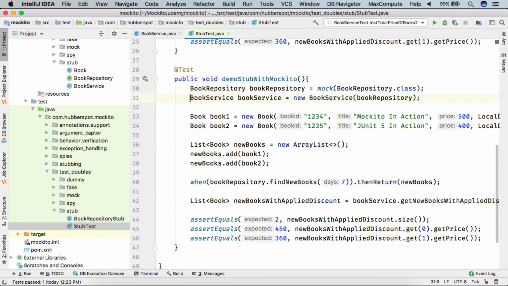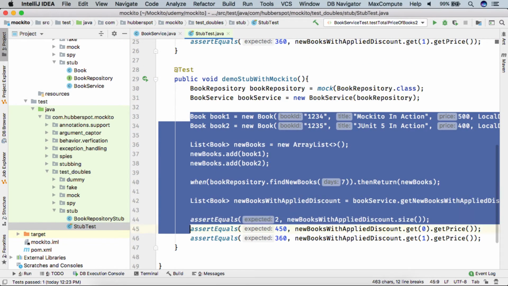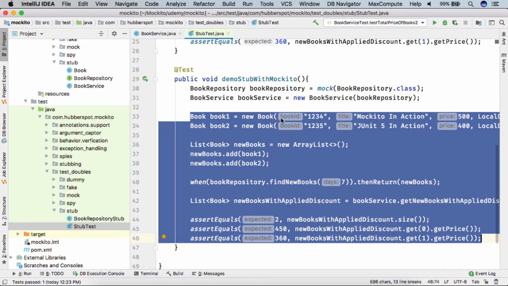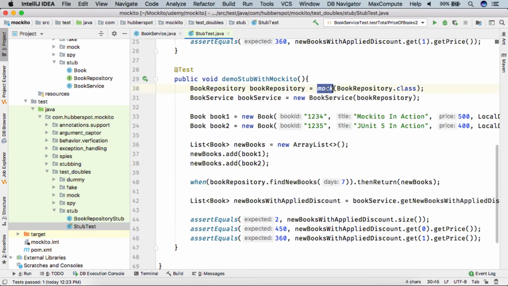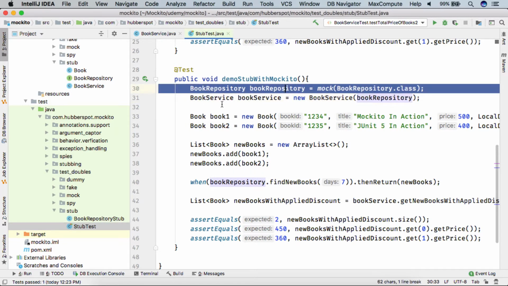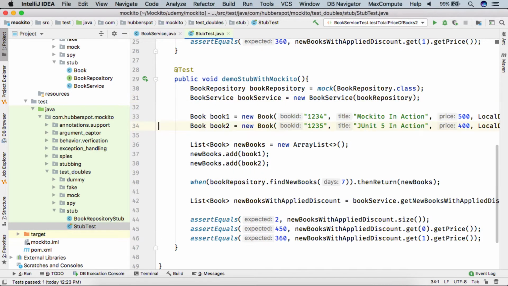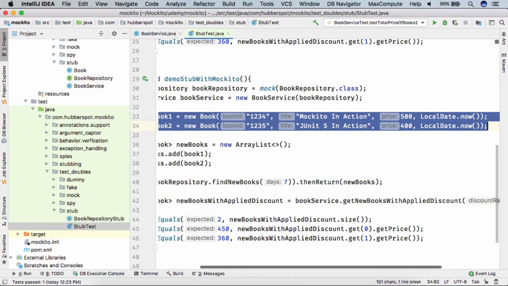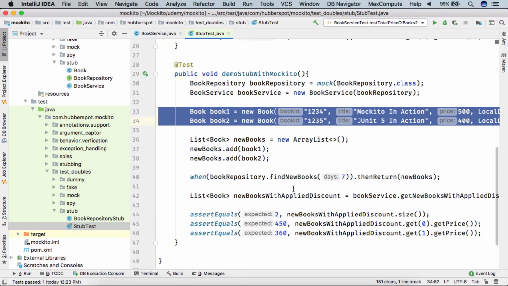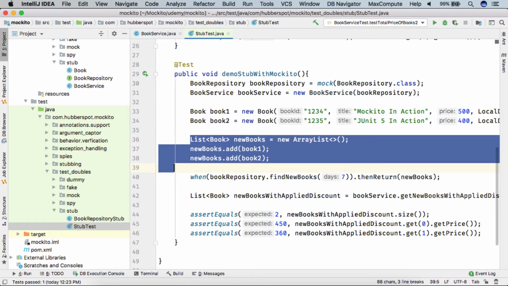here you can see that this is the traditional way we do stubbing in Mockito, where we created the mock. We used the mock dependency in our book service. Then we created 2 books which were published in the past 7 days, and created a list of new books out of it.